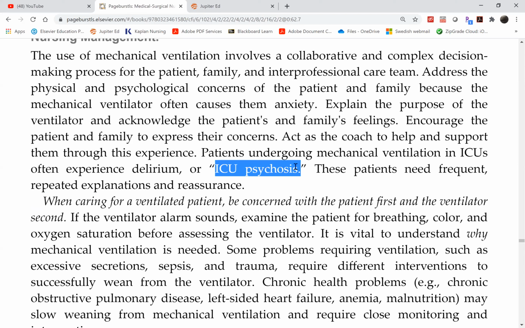The patient will have to be disturbed. The ICU is noisy, there's alarms going off. It's not just this patient. If it's not this patient, it could be the patient next door, right? Or it could be just the nurses being very noisy at the station. So think of it as,